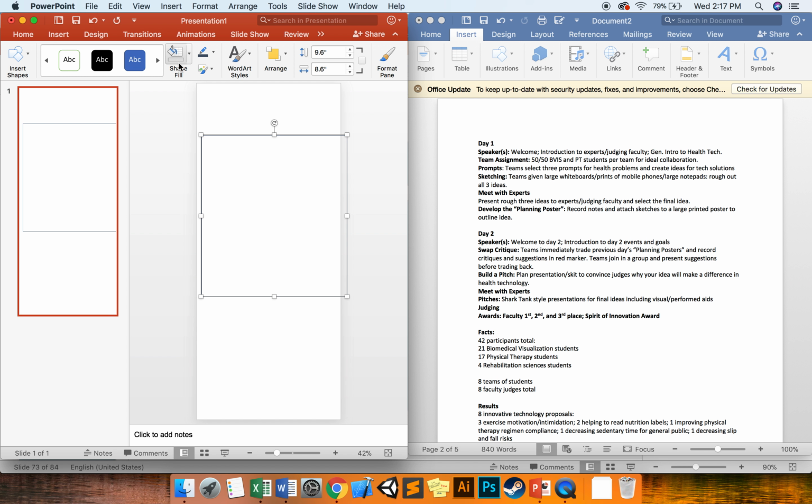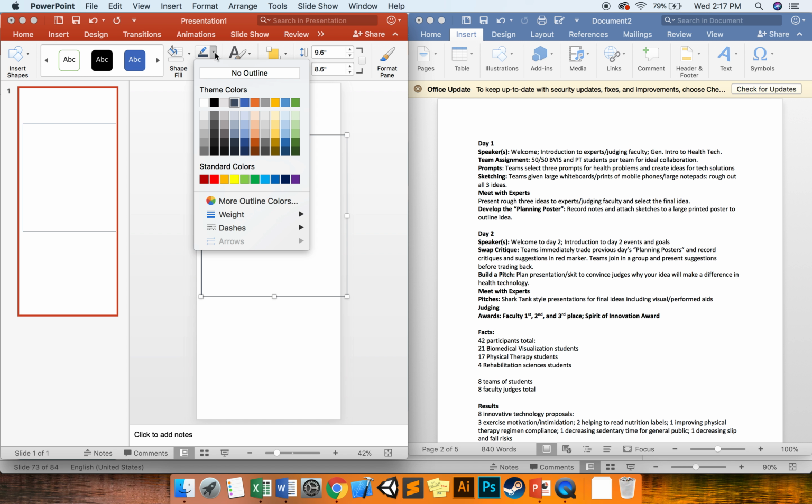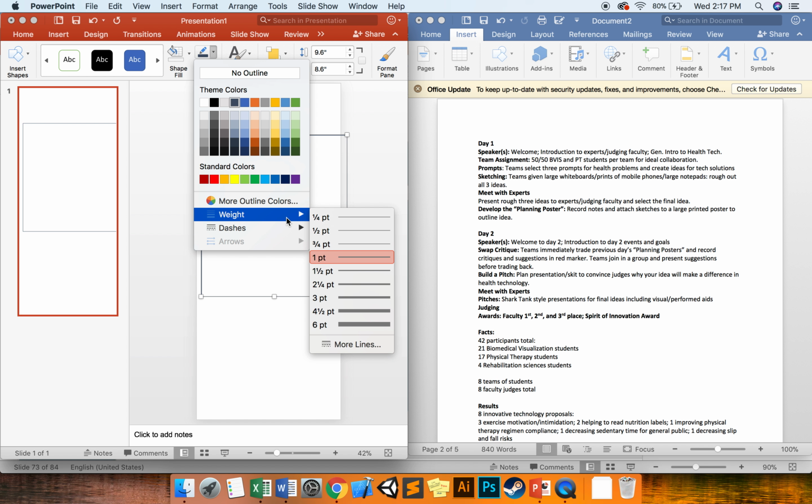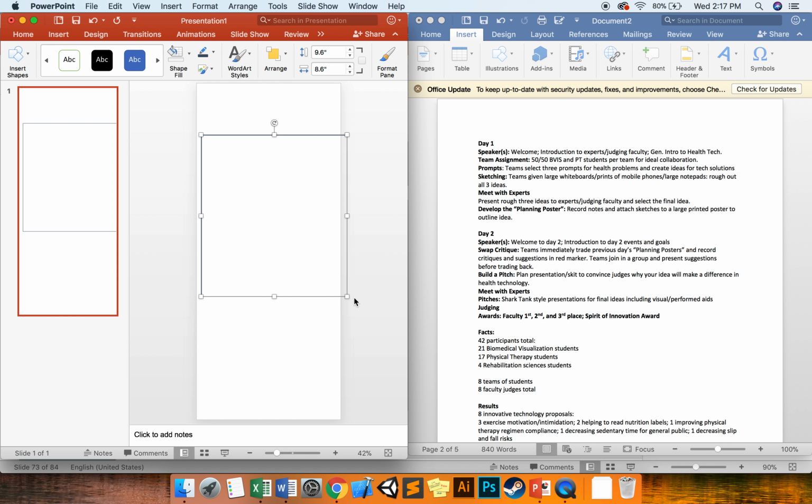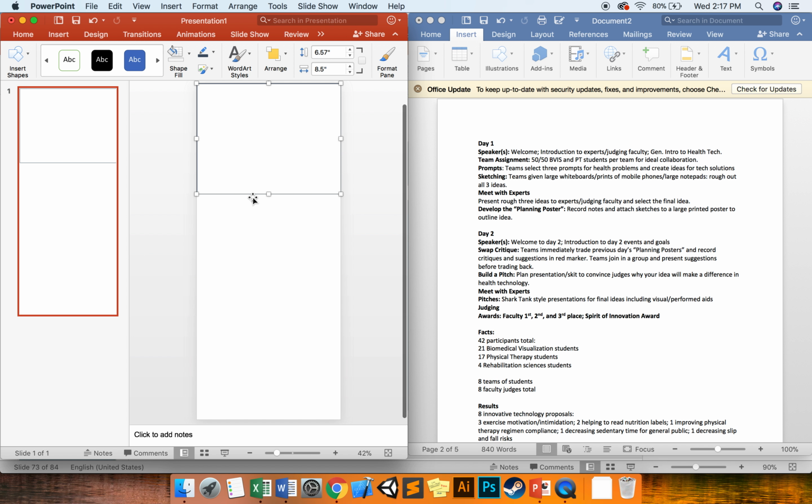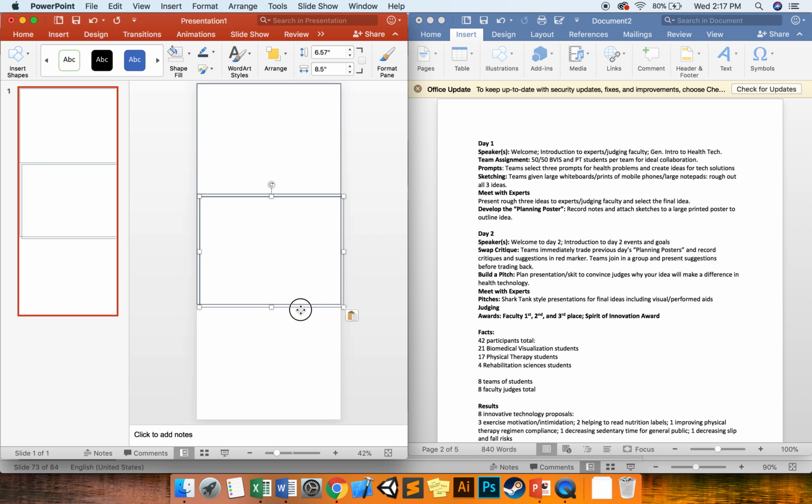line. So the shape fill is white. The shape outline is this sort of blue-gray color because I like it. And then you can change the width or the weight to be a little bit bigger if you're having trouble seeing things. I know that for me, I have organized my sections into introduction, schedule, and results. So I'm going to go ahead and make 3 boxes that reflect